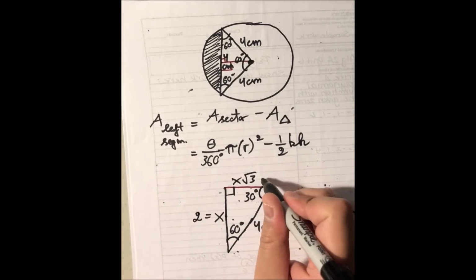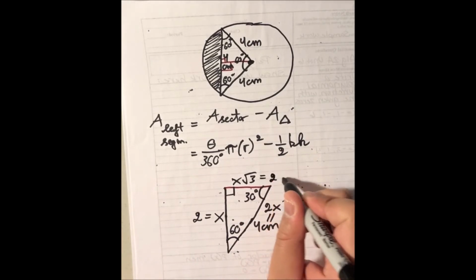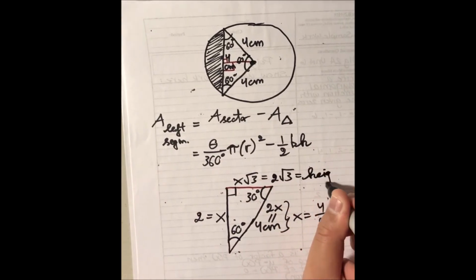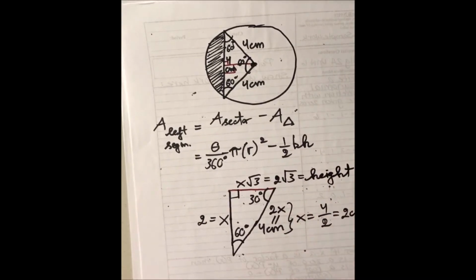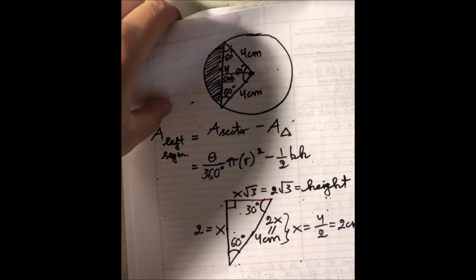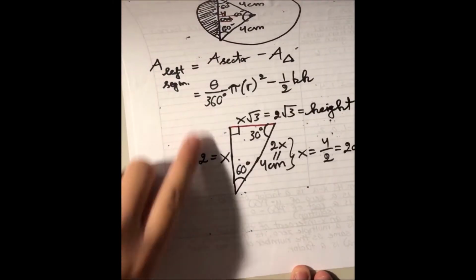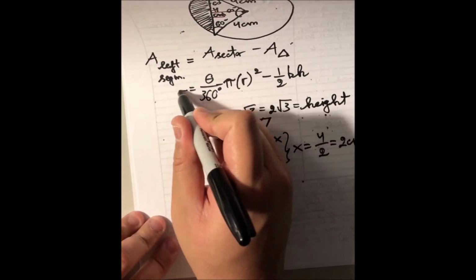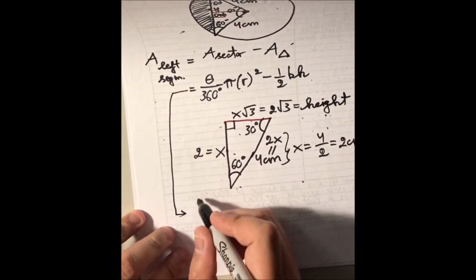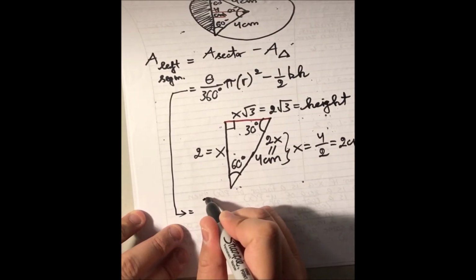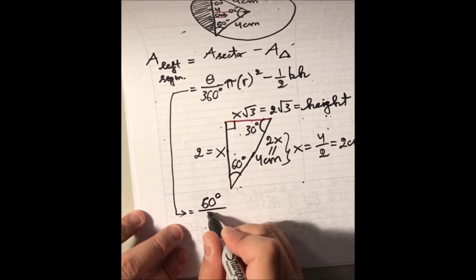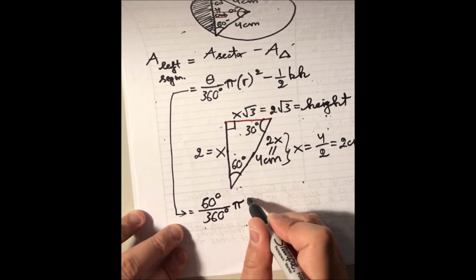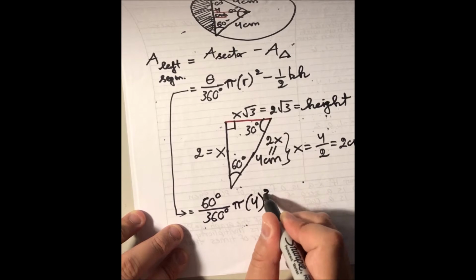Well, if x is 2, then we know that the height of the triangle is going to be 2 times square root of 3. Like that. Well, guess what? Just plug it into the formula. So we know the central angle is 60 degrees. So let's continue from here. That's going to be equal to central angle 60 degrees divided by 360 multiplied by pi multiplied by the radius, which is 4 raised to the second power,